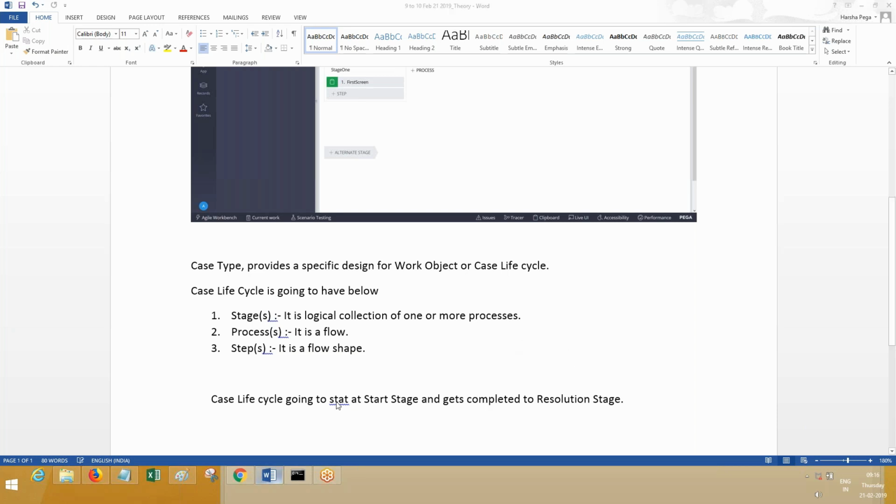Okay, so case life cycle is going to start at start stage and ends at resolution stage. So these are the basic details that we have understood. But when we create a case type, it may create below rules automatically. So what are the rules? First one,